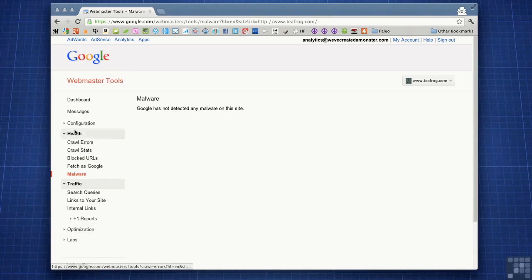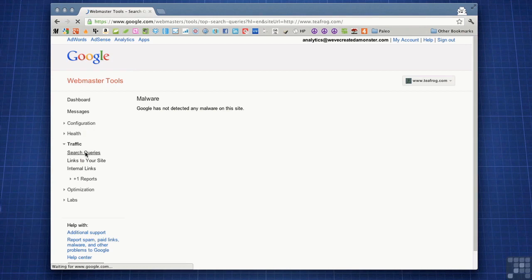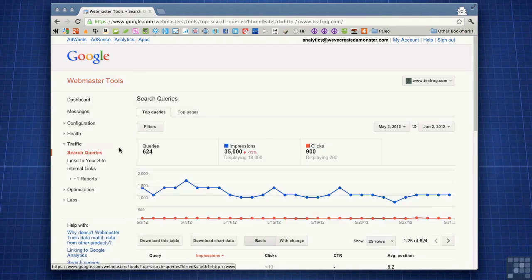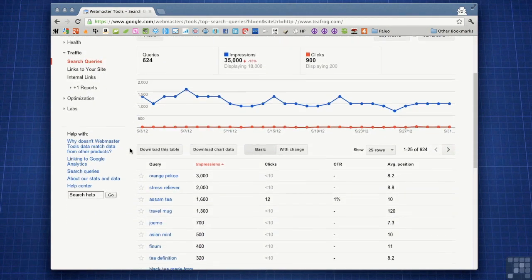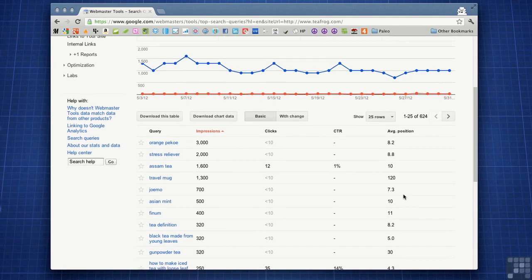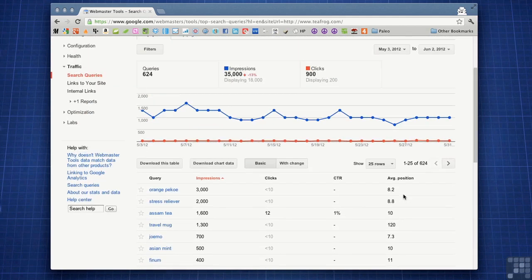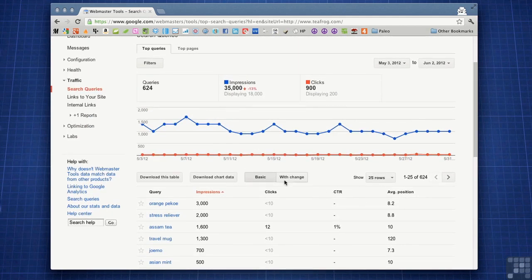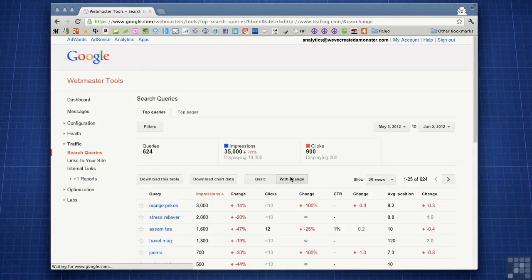So let's move on to traffic, starting with search queries. This is probably my favorite report and probably the most useful for SEOs. What this is showing us is all the different search queries where our site showed up and the average position. Now, what I recommend you do here